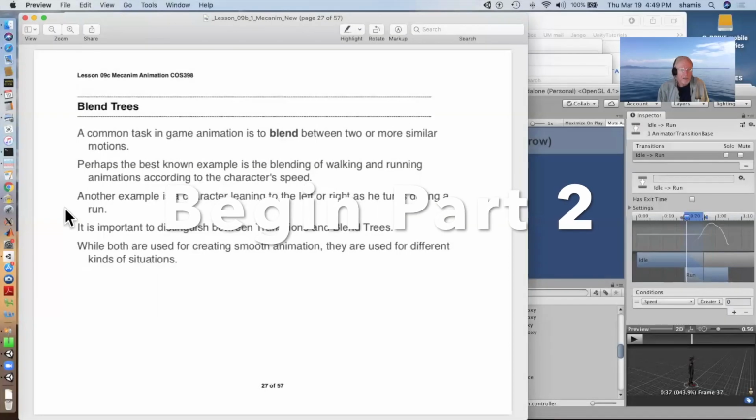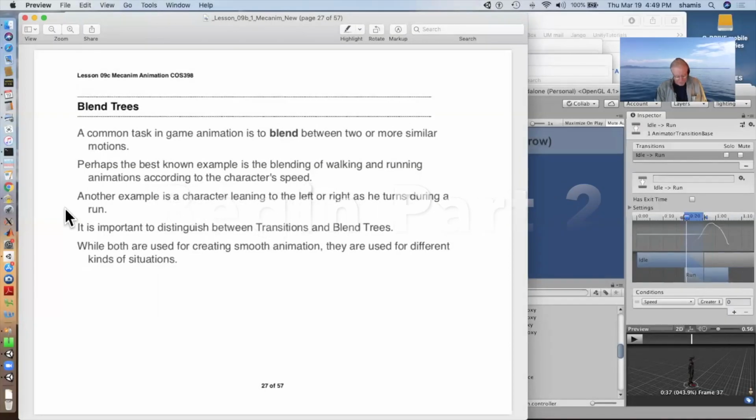Transitions. Now, another kind of state is a blend tree. And blend trees are kind of like transitions. You're moving among different states, but unlike the transition between states, a blend tree kind of combines two different states with different weights. And so